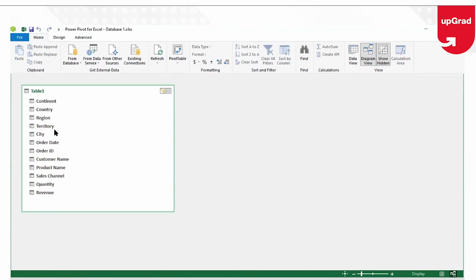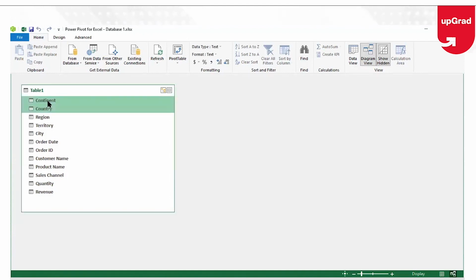Now I'm sure you must have become pro in creating relationships. We have done so many different tutorials on relationships. So I'm just going to select all of them and right click. What I'm selecting is all the region or location part, which is from continent to the city. How did I select? I selected the first one, pressed shift on the keyboard and kept on going down using the down arrow key. Right click and say create hierarchy.